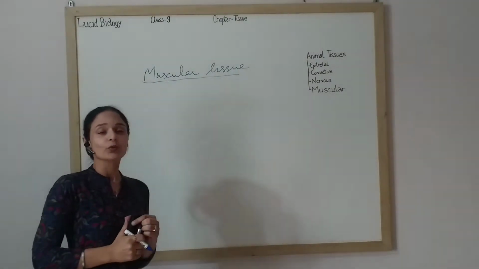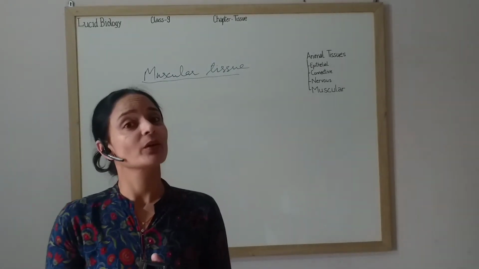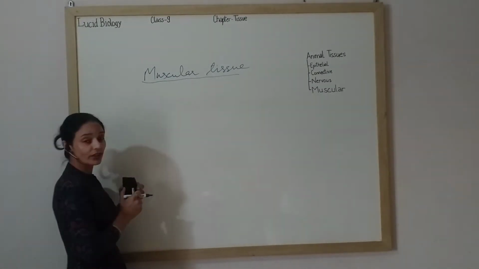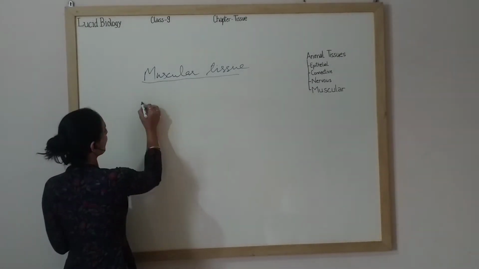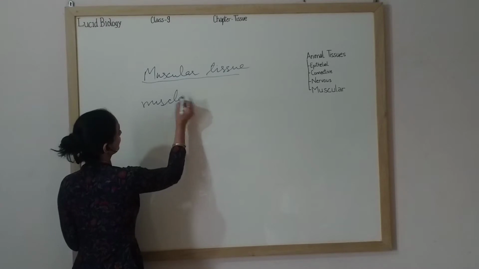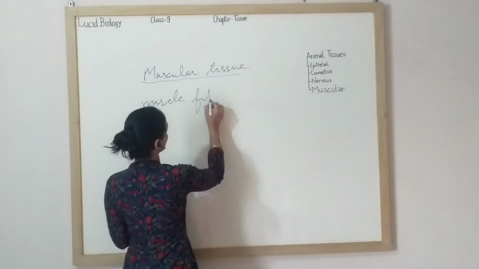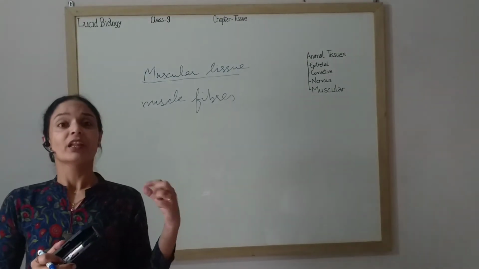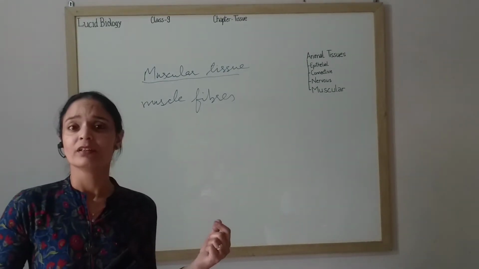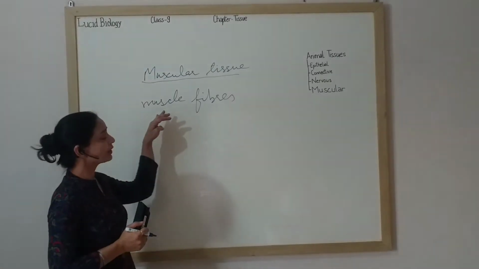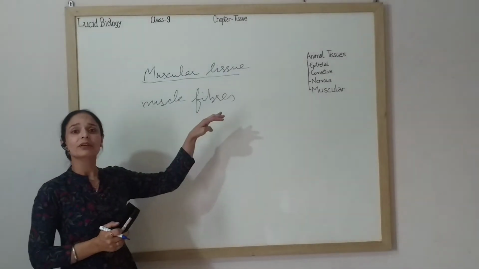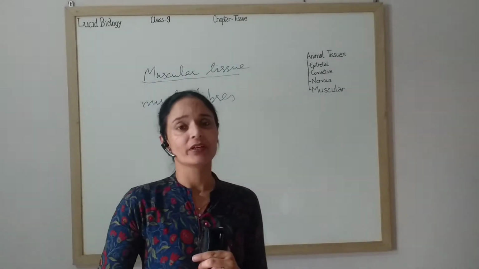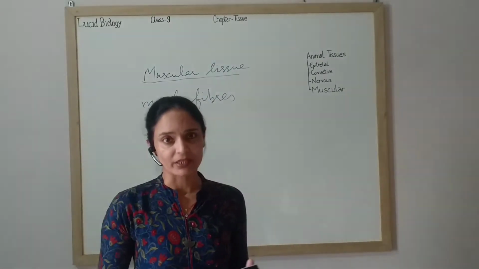The muscular tissue of the body, or all the muscles of the body, are made up of muscle cells. These muscle cells are elongated, due to which they are also called muscle fibers. Muscular tissue is made up of long, large-sized elongated cells called muscle cells. Because they are elongated and large, we call them muscle fibers. Muscular tissue is responsible to bring about movement in different parts of the entire body.